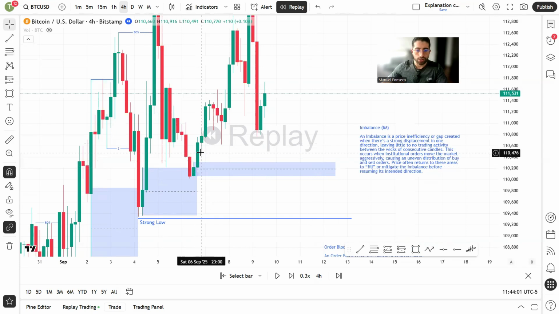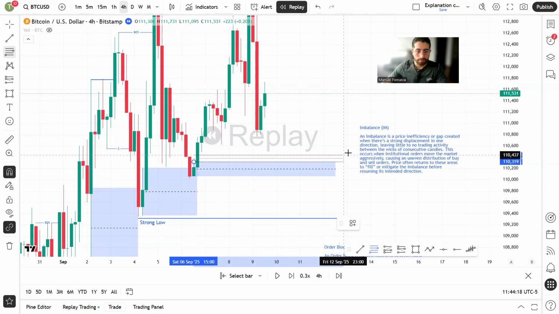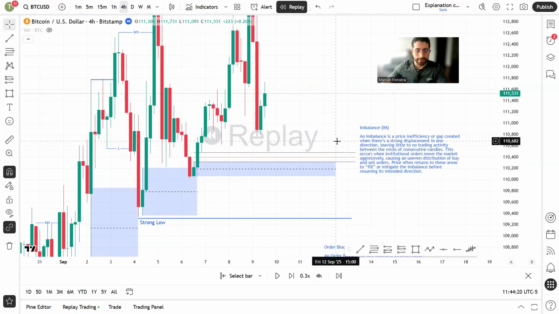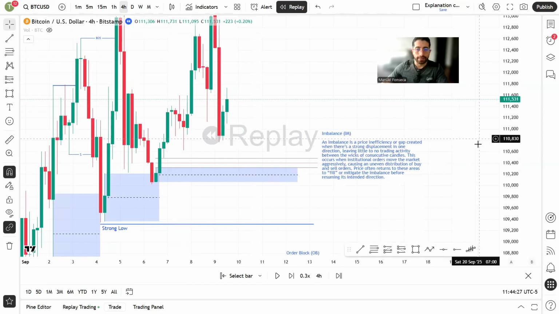Then we have a huge displacement with this Greek candle, and this does not leave any trading activity downwards. In a bearish trend or downtrend, it leaves this gap, right? This gap will become our imbalance area, right? And the imbalance